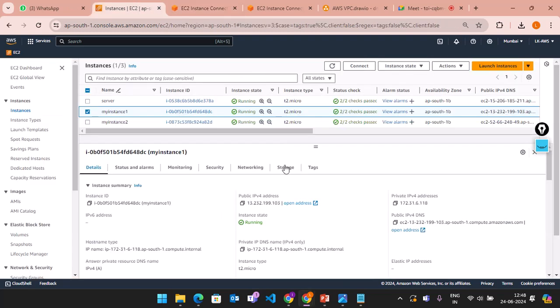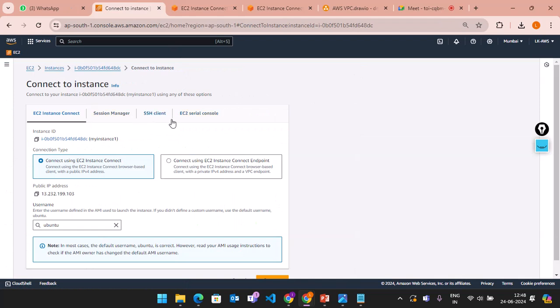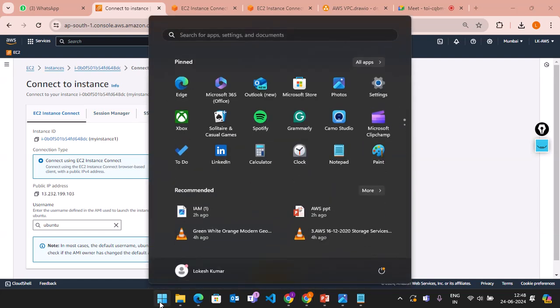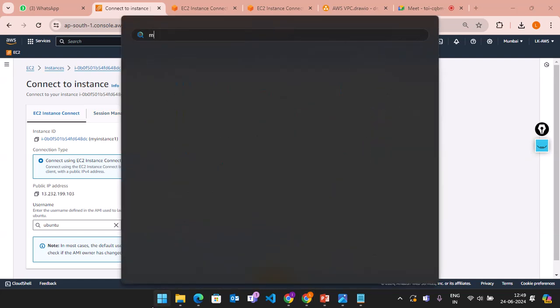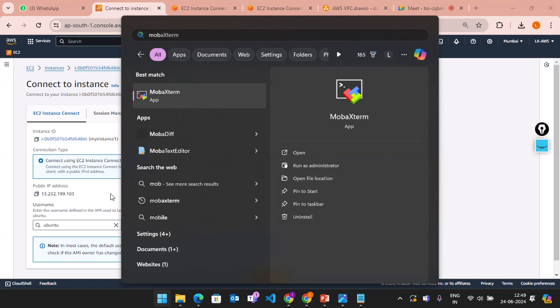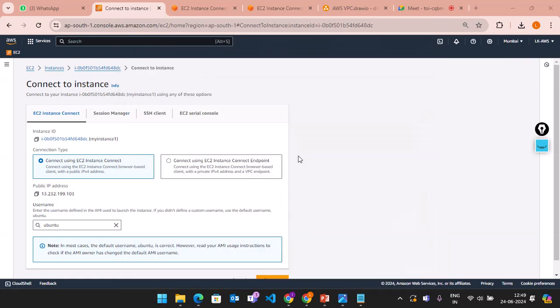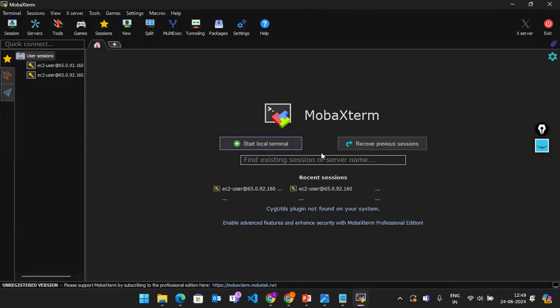And the next process, you can connect here. You see SSH client, right? Gayatri, you see here? Now I will connect with my MobaXterm tool. By using this tool, I am going to connect with the AWS instance. We need to add that PEM key, I think. See here, I will walk you through. Next, session,